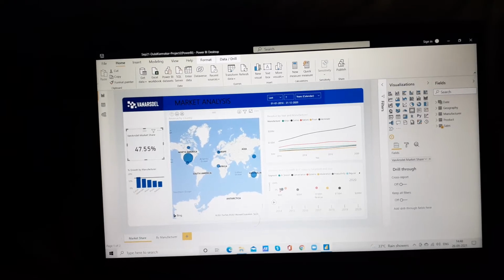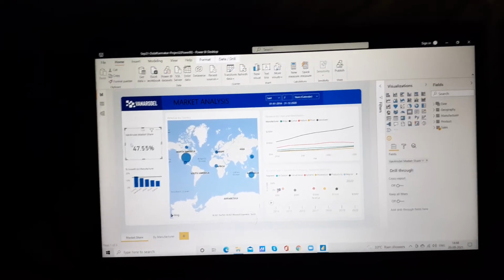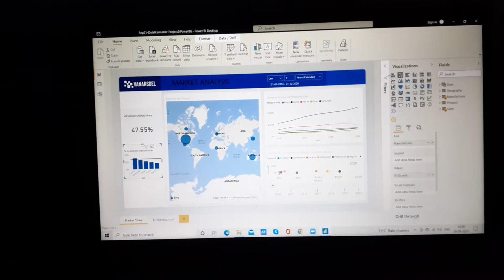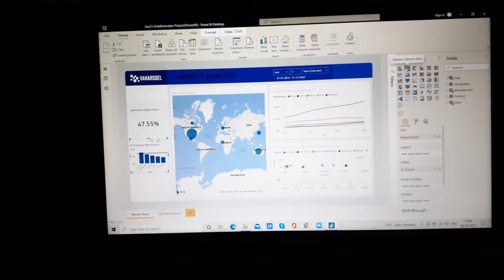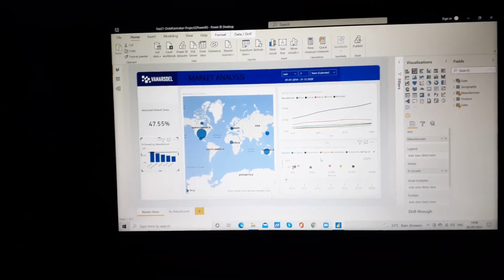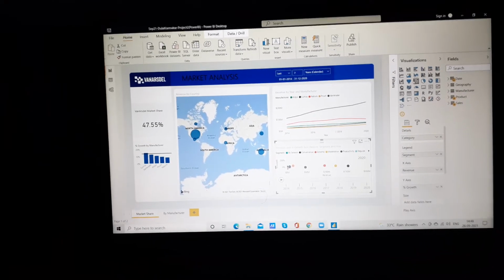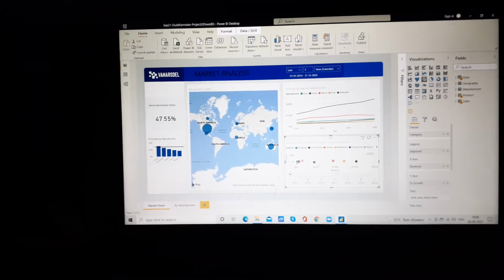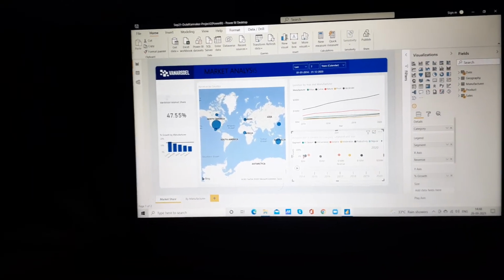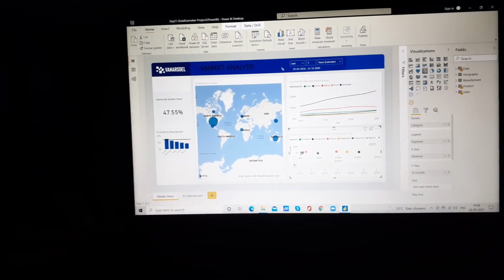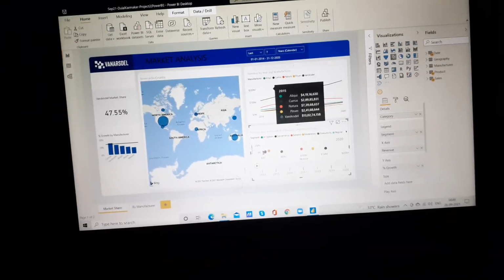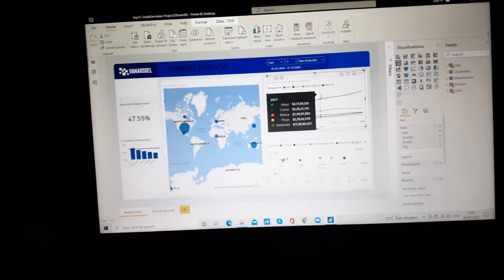So as we can see, I have used this card, this stacked column chart, map, line chart, and stacked column chart or scatter chart. Here I will analyze and show you the market analysis of the 5 manufacturing companies. So first I will start with this one, the line chart.